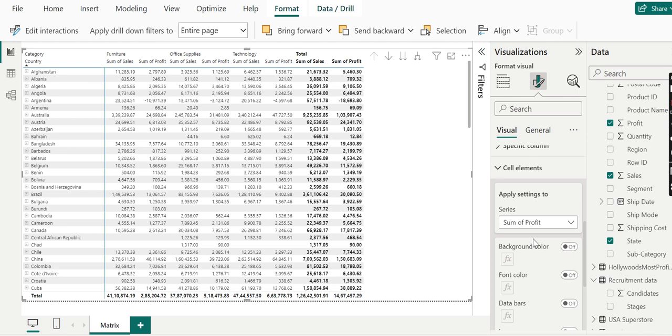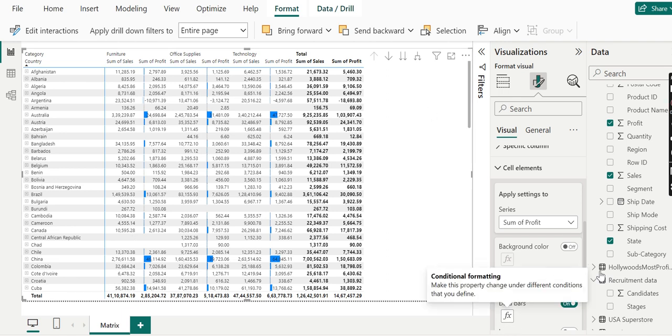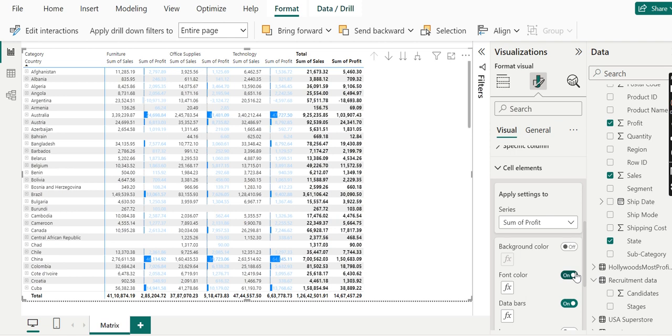See if I'm applying data bars there, you can see, yes, now this is changed to the sum of profit, not the sales. And even with font color on, you can see there is a change.